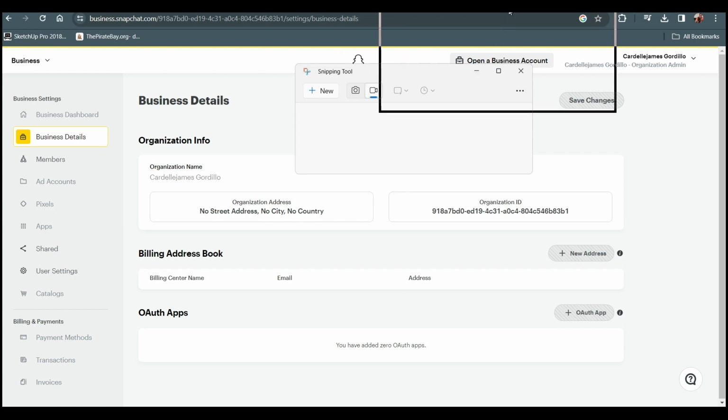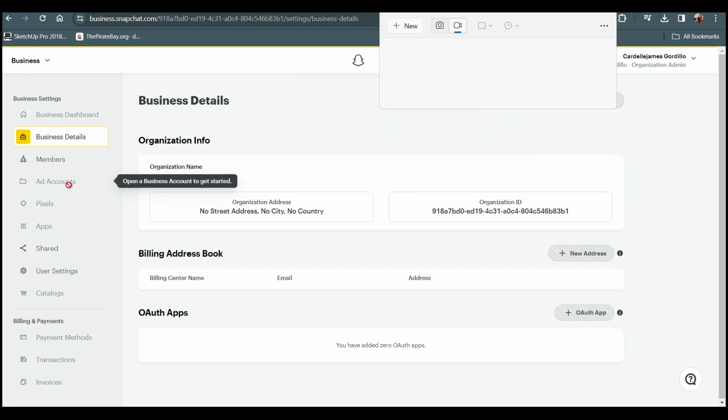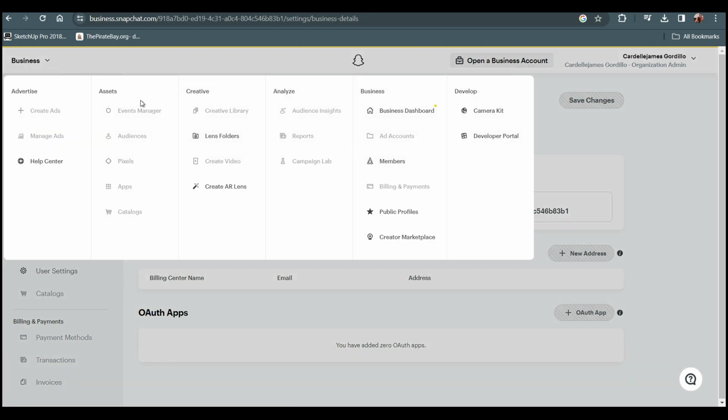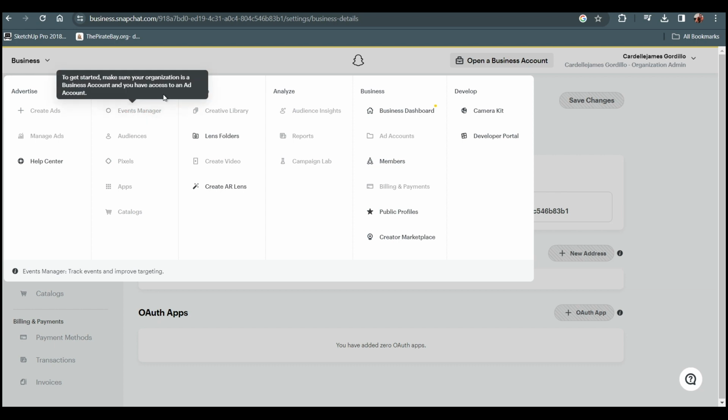First of all, we want to have a Snapchat business account. Now as you can see in here, my business account on Snapchat. What you guys want to do first of all is to find your business settings. I want to go into business details, and I want to locate here the event manager,